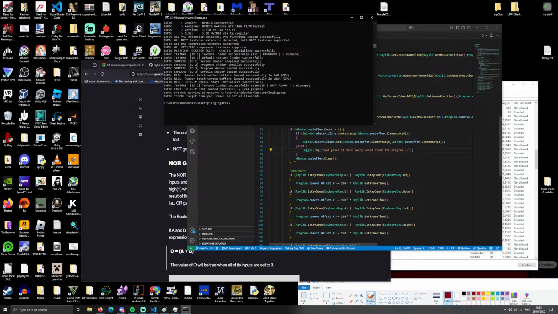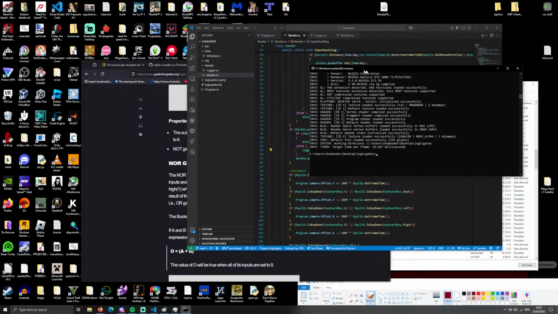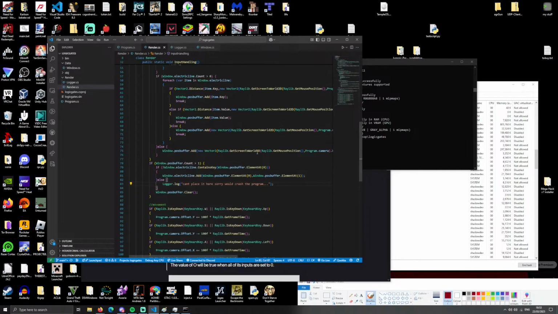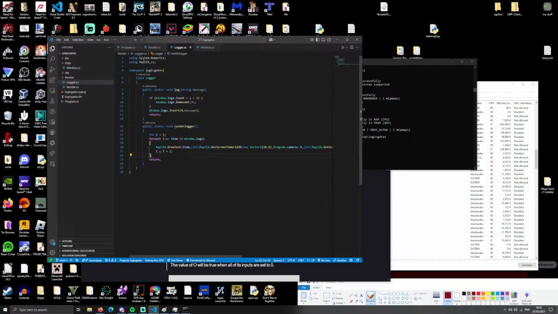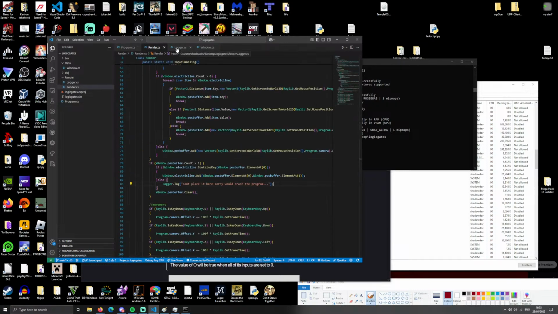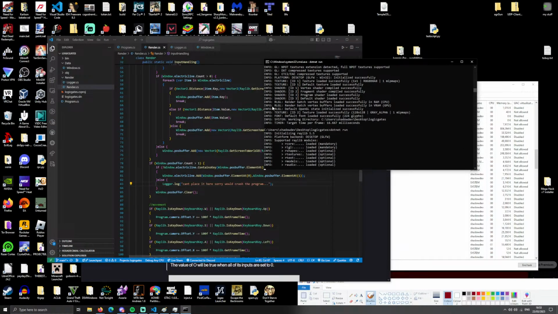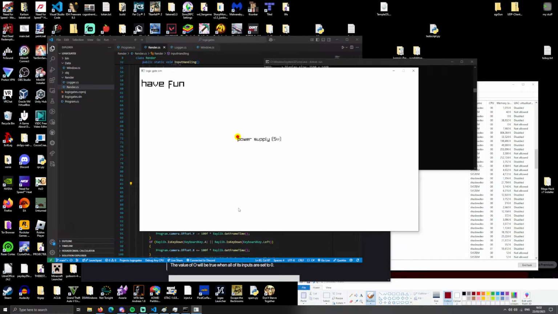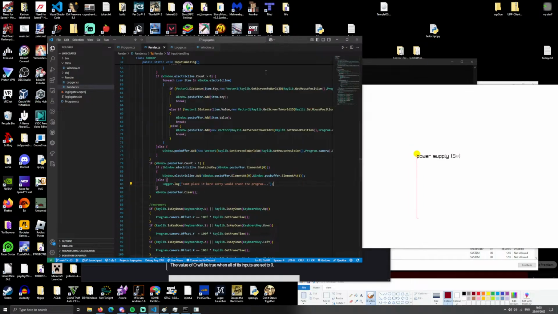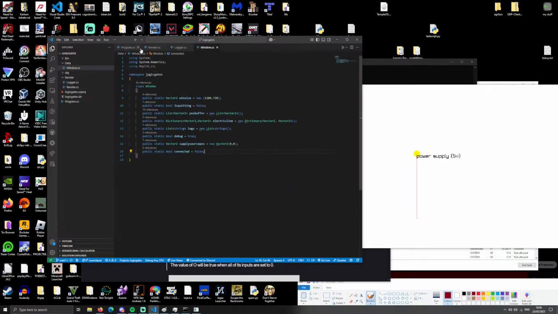Okay, so what we want to do is make it like, I don't know how to say it, is there the latest one, like this should mean that it has 5 volts, right? If you look at it, .NET run. Alright, so we have the power source here, the power supply is 5 volts, so this means that this is also 5 volts because it is connected to it. Alright, so what we should do is probably check something like this, and then just have something like